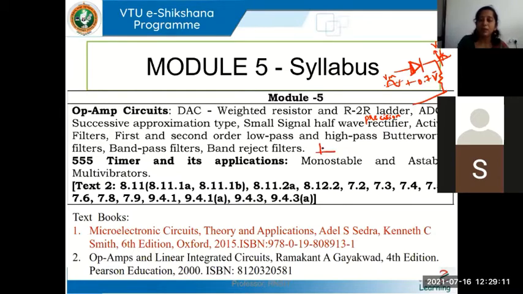If you remember, we had discussed these characteristics in module 2 when we spoke of the single time constant high pass and low pass frequency response. When we spoke about the frequency response of MOSFET amplifiers, I had given you the introduction to low pass, high pass, band pass, which will pass a band of frequencies, and band reject filters. These are ideal filter characteristics which I have drawn. Okay, this is normally gain versus frequency.